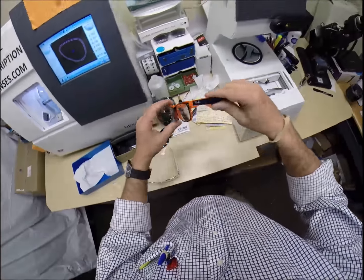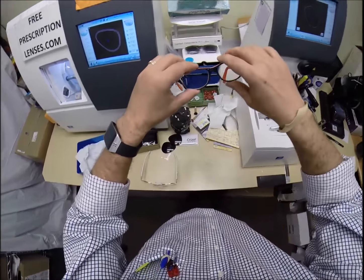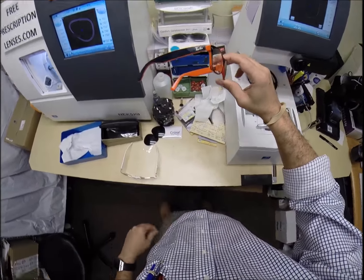But they sit level on me. For those of you keeping score at home, I'm wearing the Ray-Ban 2132 New Wayfarer in color 789